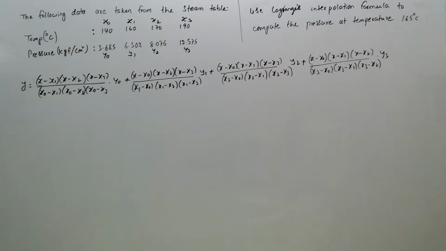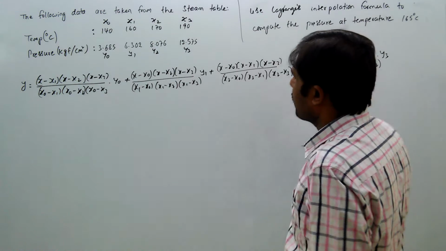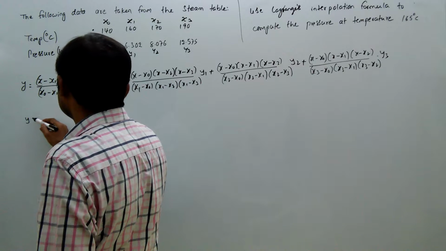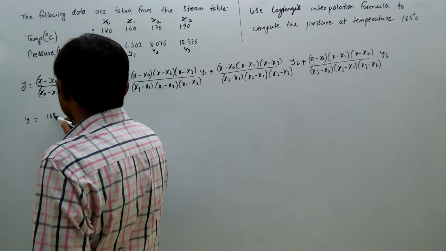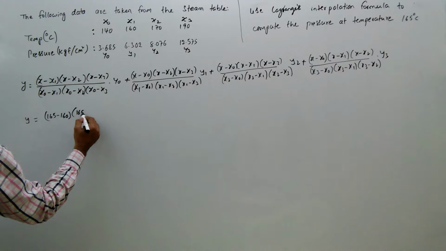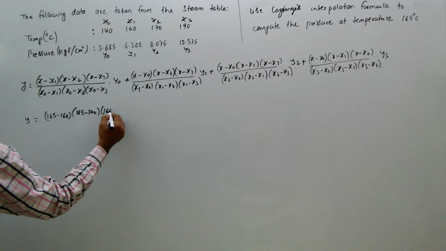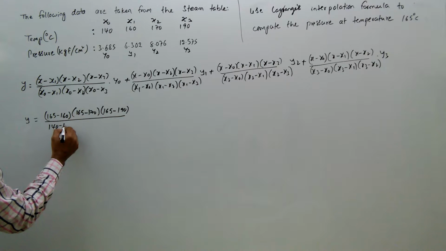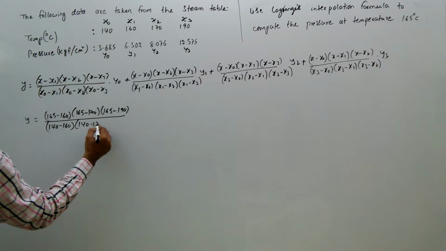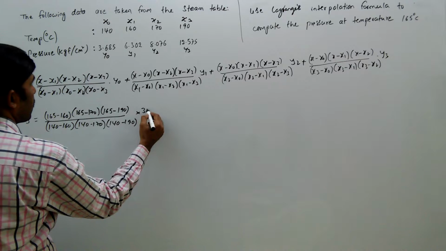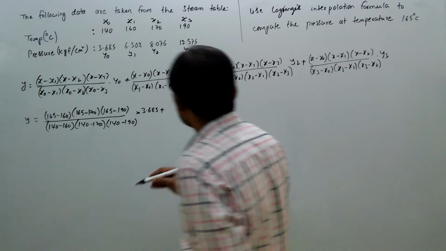Now substituting here, our x is actually 165. So y of 165 equal to 165 minus x1, which is 160, 165 minus 170, 165 minus 190 divided by x0 minus x1, that is 140 minus 160, 140 minus 170, 140 minus 190 into y0. Y0 is 3.685 plus